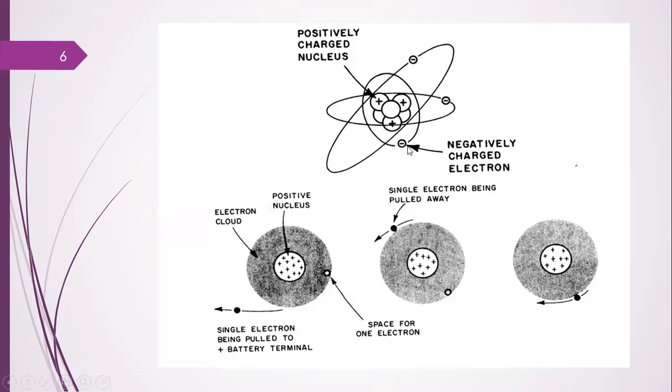The electron is a negatively charged particle, the proton is a positively charged particle, and the neutron is neutral, having no charge. Electrons revolve around the nucleus in their shells, and these shells have an electron-filling capacity. Further, it should look like an electron cloud with a positive nucleus like this one, and the other aspects we already discussed in our previous